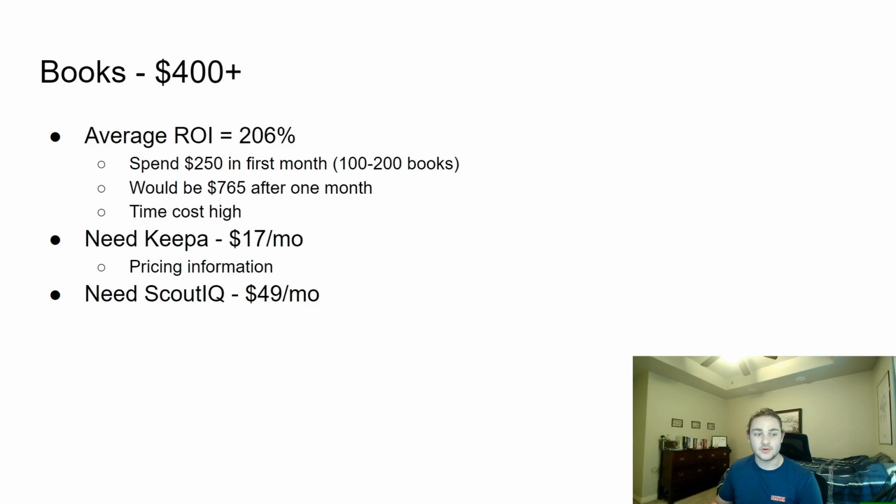If you go out literally 2-3 times a month, Scout IQ is going to pay for itself against using the Amazon seller app. It'll pay for itself within the first hour or two of sourcing books one day. And that's just going to give you that power to source books really quickly.